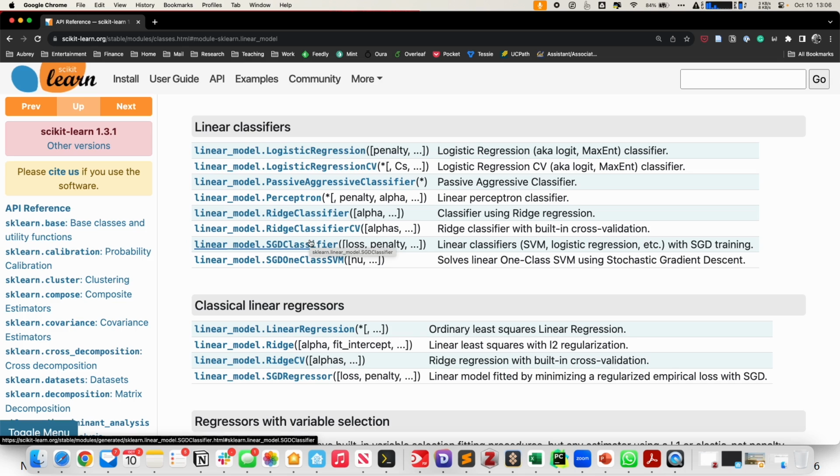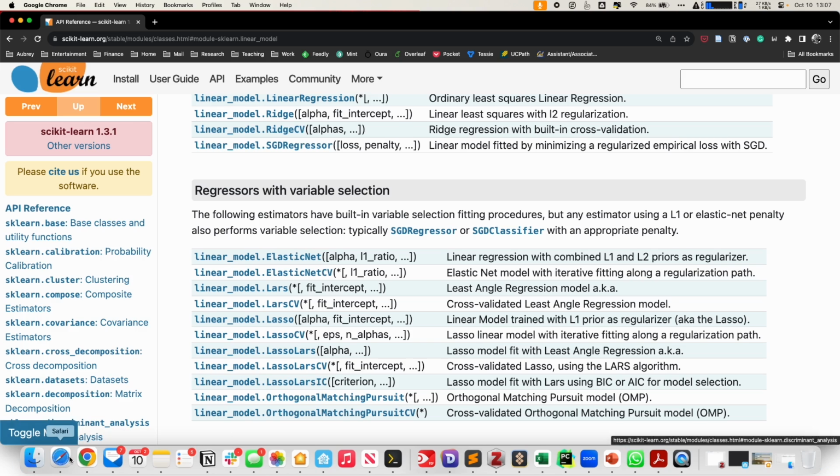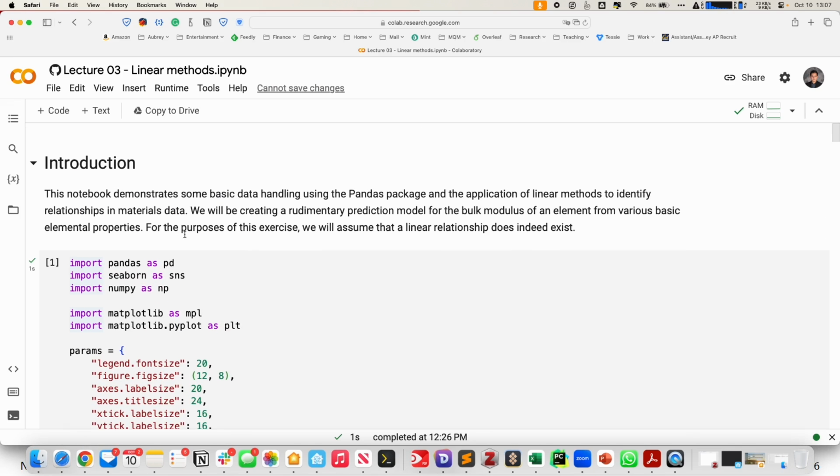If you look at the linear regressors, there's the very standard ordinary least squares linear regression. You will see the ridge regression in a little bit. And there are some other regressors with variable selection. Again, you are going to see this in a little bit. The one that we will play around with a little bit is called lasso. All these are different kinds of linear regression models that you can use. With that, let me go back to my